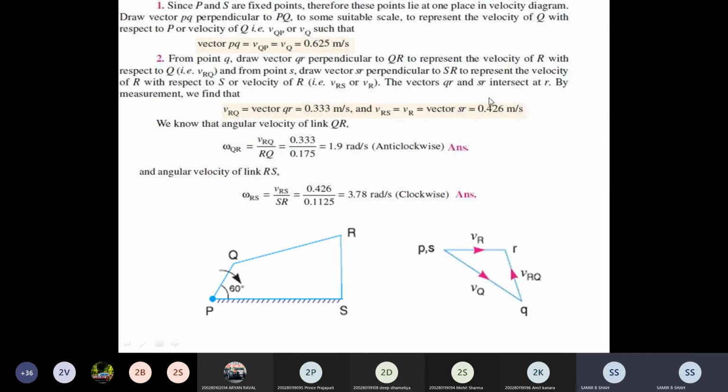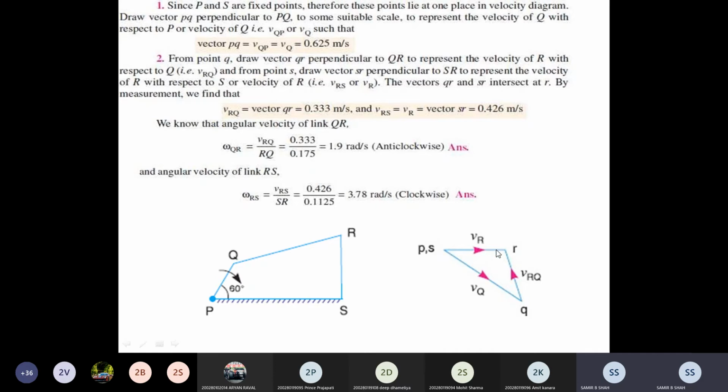After that, we have S point. So this is the S point, and RS is given to you. So I can draw the perpendicular line of RS here, and after that draw the parallel line from that, which may start from point S. So due to that, what happened? This SR line and this QR line intersect at R point, and in the same way these lines both intersect at R point. Okay, so you have to get one closed figure.